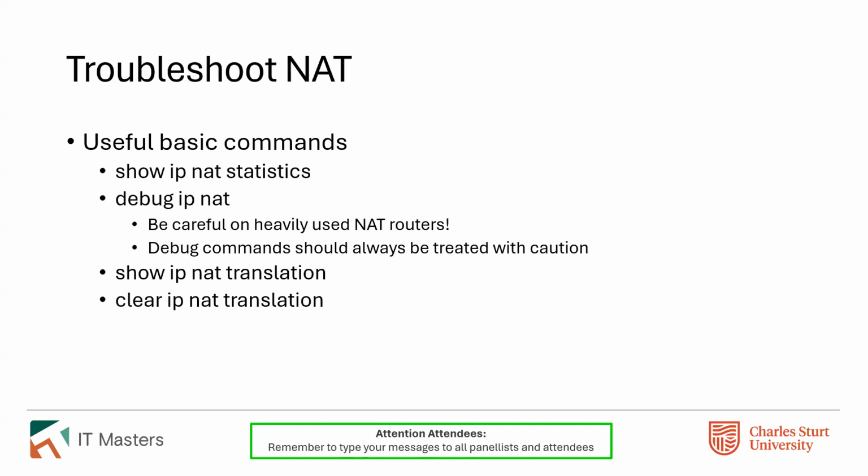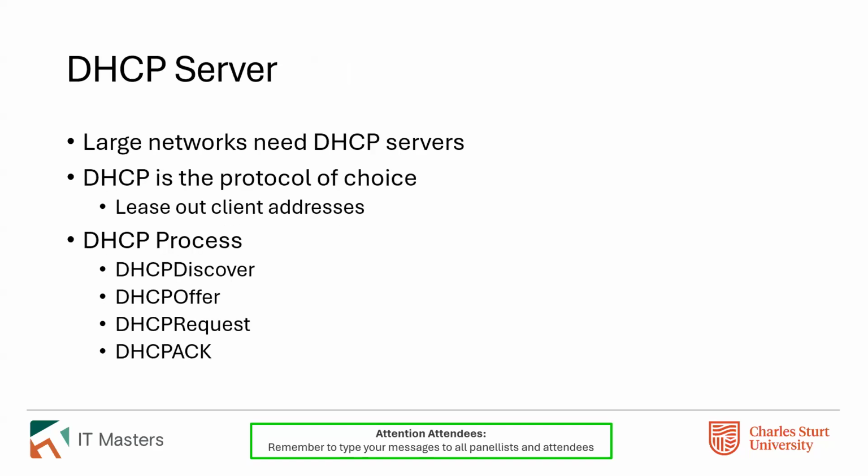Okay, now we get to talk about DHCP. Obviously, we've talked a lot about IP addresses. We've talked a lot about networking as a whole, but how do devices actually get an IP address in the first place? So we're specifically talking here about IPv4. IPv6 has very different mechanisms for handing out addresses, but IPv4 has a bit of a problem.